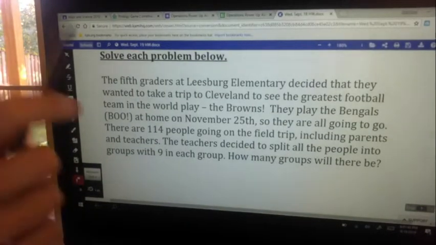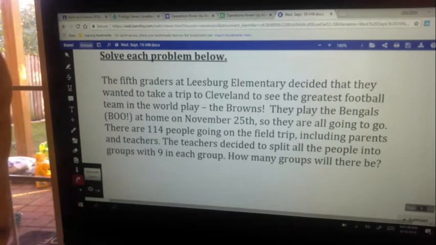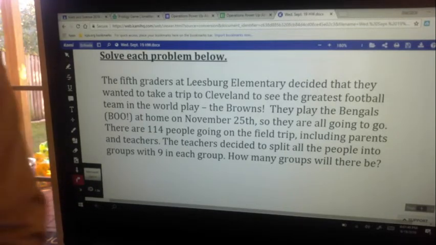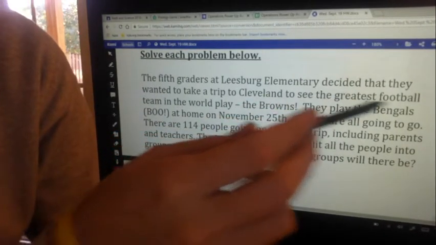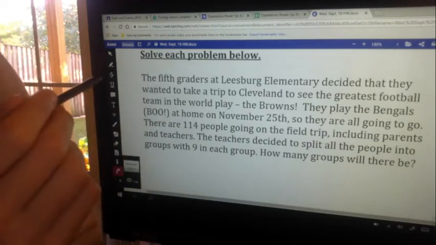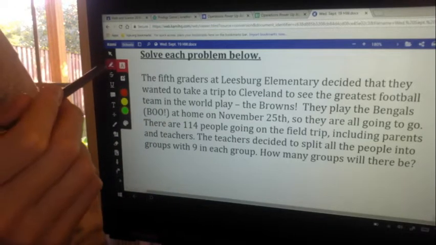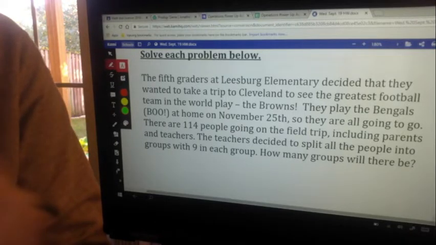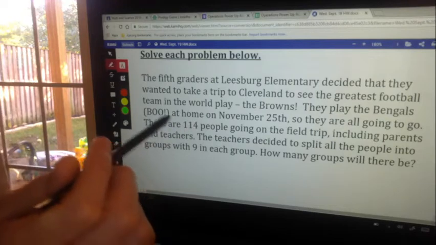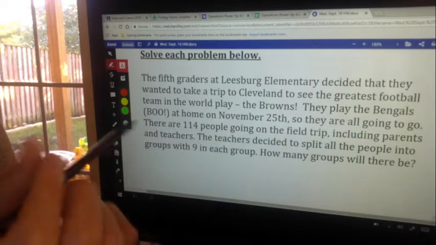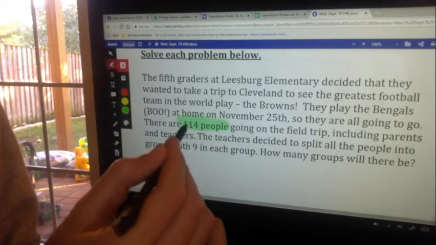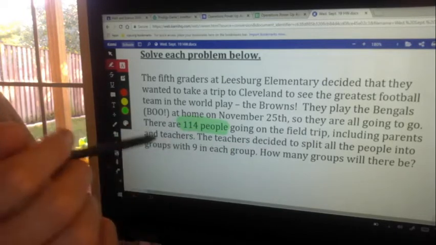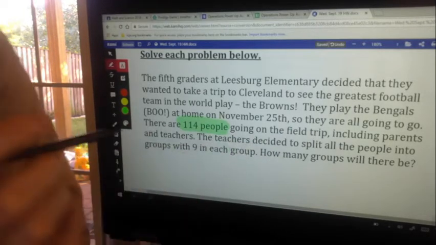All right, so starting off on question number one, the directions here just say solve each problem, so all we have to worry about is solving what it's asking. So it says, the fifth graders at Leesburg Elementary decided that they wanted to take a trip to Cleveland to see the greatest football team in the world play, the Browns. Now, one thing I'm going to do, and I've mentioned to you guys you might want to start doing, is highlighting. So I'm going to highlight as we go. They play the Bengals at home on November 25th, so they're all going to go. There are 114 people. I'm going to highlight that because I know that's going to be important at some point. 114 people, including parents and teachers. And the teachers decided to, and I see this word that's important,